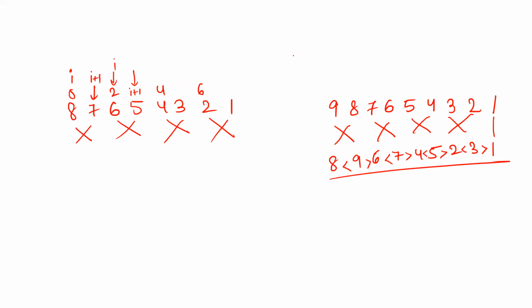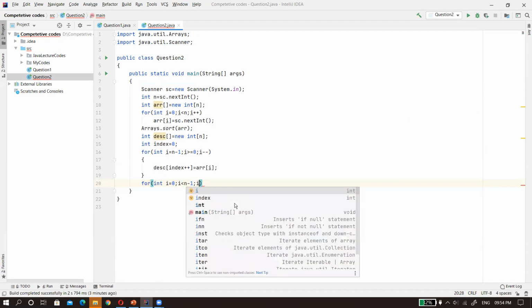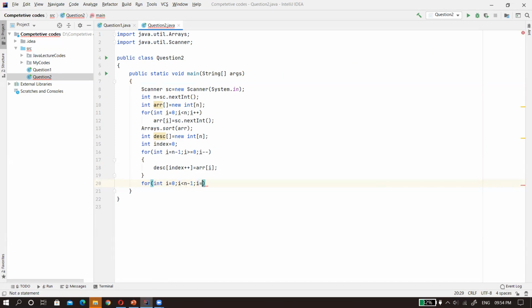So we will iterate up to the last index minus 1. What is the last index? The last index is n minus 1, because if the length of the array is 7, its indices go from 0 to 6. So we iterate till the last index, then again minus 1, meaning n minus 1 minus 1. So let us do the code. I should be less than n minus 1, meaning one before the last index. Now I will jump I by 2, so I is equal to I plus 2.